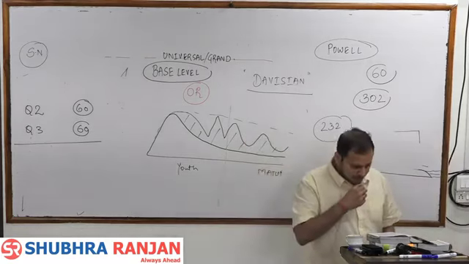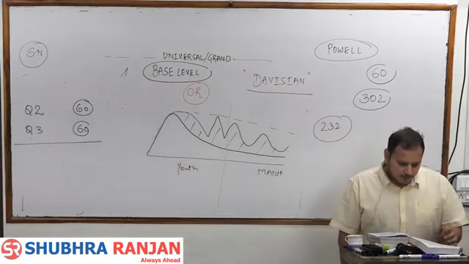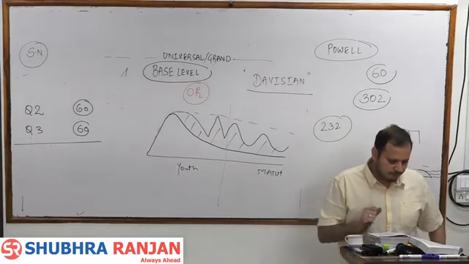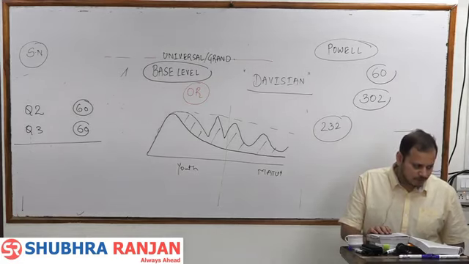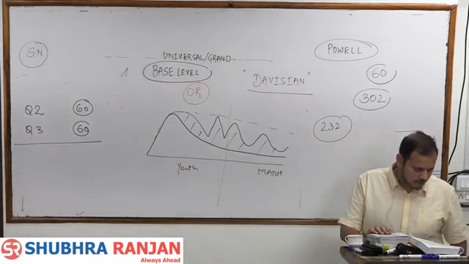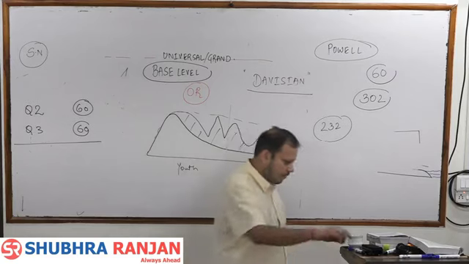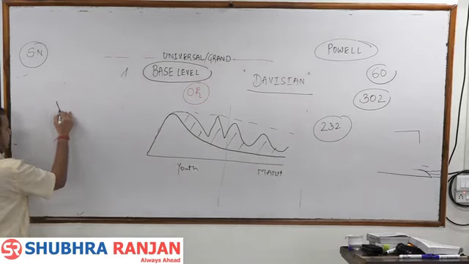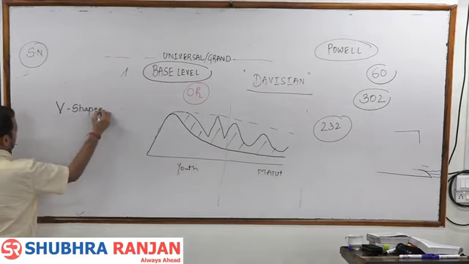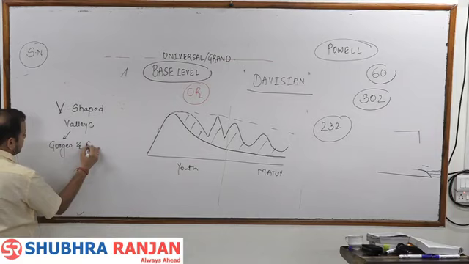Next paragraph. In the youthful stage, the landform is steep and hence erosion dominates, resulting into formation of features such as deep and narrow V-shaped valleys such as gorges and canyons.